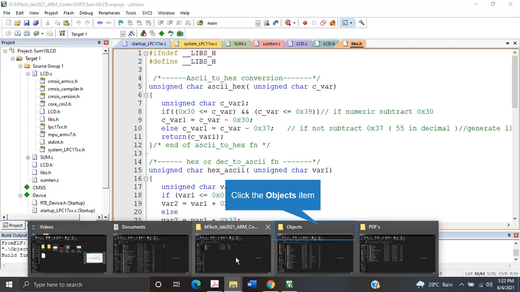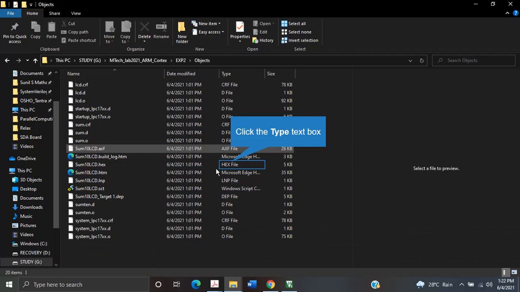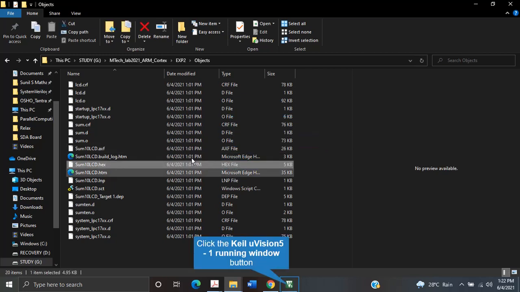So it is in experiment 2 itself, right? This is an ARM executable file. So the executable file is the file that has been created. In the normal LPC 148, I think it would have been a hex file. Now it is also called a hex file. Sorry, yes, the hex file has the same name. AXF is the ARM executable file that can run on the machine, and the hex file is what you are going to download onto the kit. sum10lcd.hex is the file that has been created.